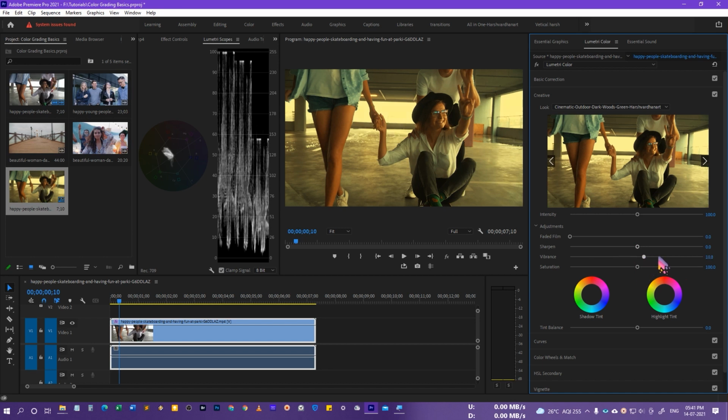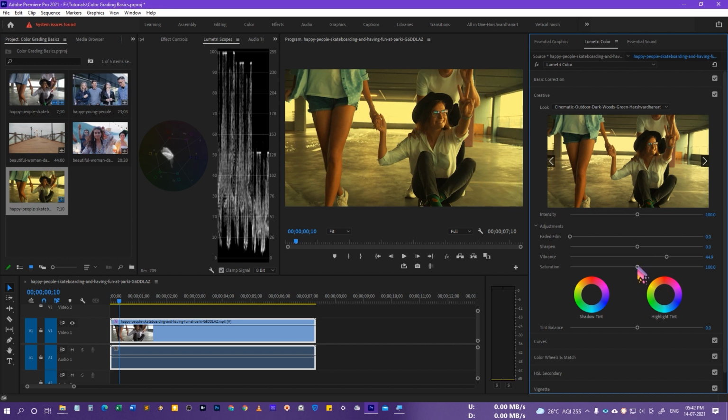So if I just drag this up, just look at how this cooler tone, this blue shirt, is going to be affected. That's going to increase the saturation of the blue tone, and if you drag it back, you can see that's going to take away most of the blue tone. Right, so if I just double click it and increase a little bit of vibrance, that's going to look something like this.